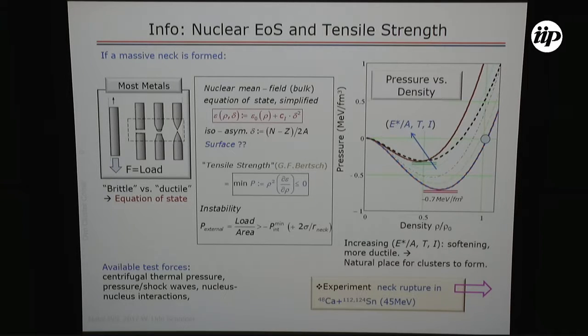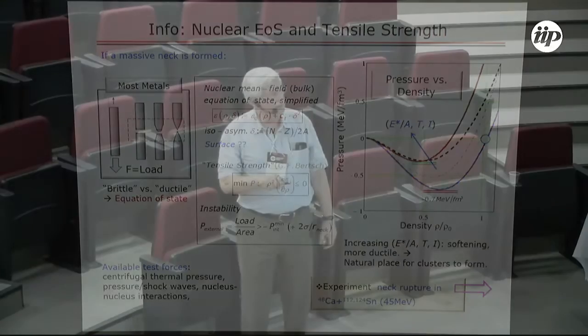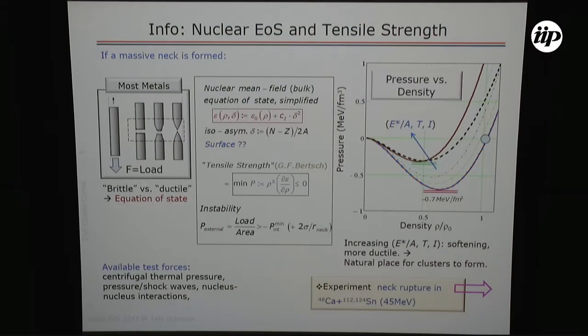And the basic reason for doing that, trying to explain this busy slide. Most metals are tested for their equation of state by taking a bar and putting a load on the bar and see how it breaks. Brittle materials, brittle metals have a clean break, and as metals become more ductile, like lead compared to titanium, the bar produces a neck, and the shape becomes necked in. So this is called a neck. Eventually the neck will snap, but you won't expect that anything else but a simple neck snapping will happen. And this will be expected for a number of materials. Maybe some exceptions are